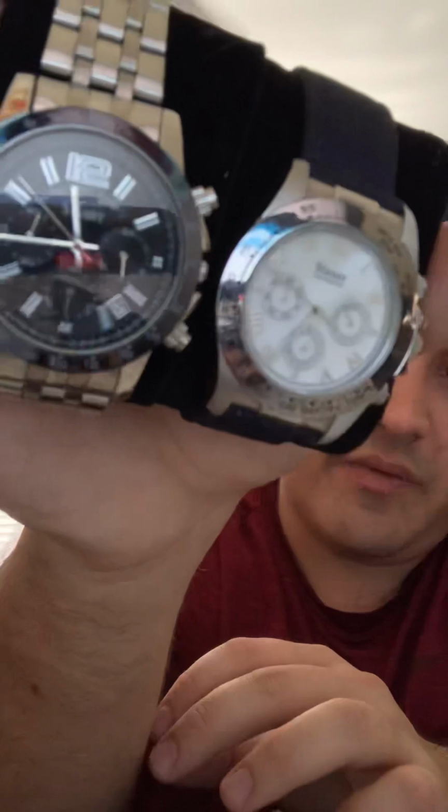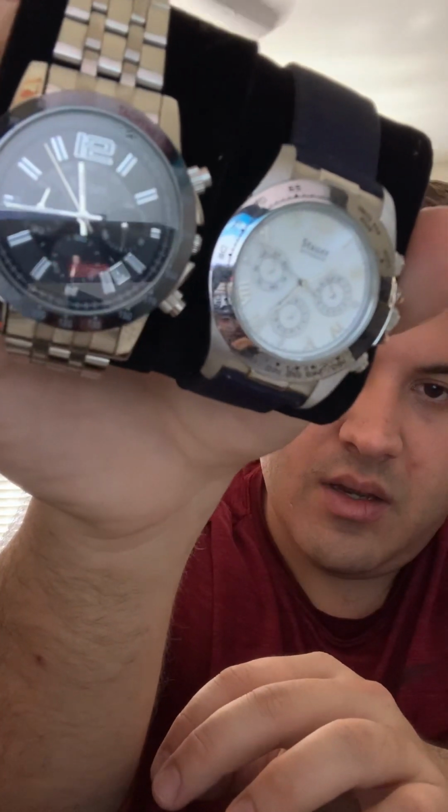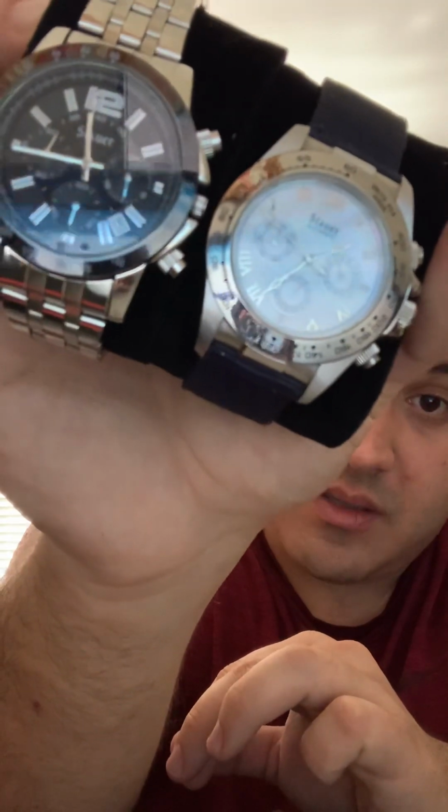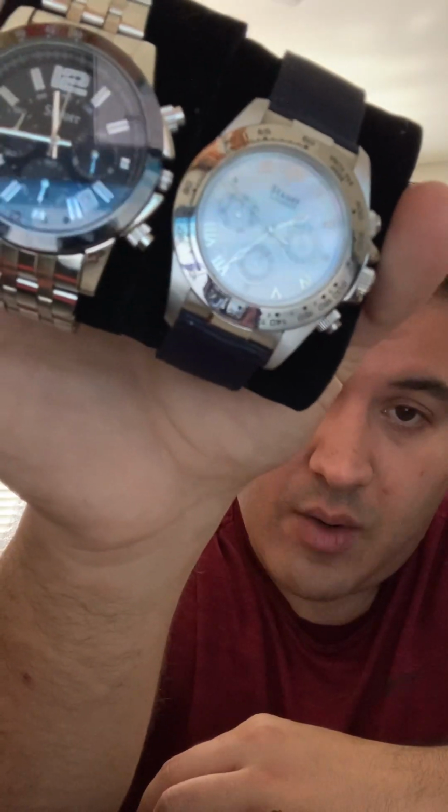These two watches are very clearly, to me, like Rolex, I don't want to call them rip-offs, but inspired pieces. Now they do unique things for Stour themselves, so I can consider these their own watches, okay? They're not enough like a Rolex that you're ever going to be surprised that it's a Stour, okay? You put it on, it doesn't feel like a Rolex, but for an absolute fraction of the cost, you can get a very nice watch, like in this case,